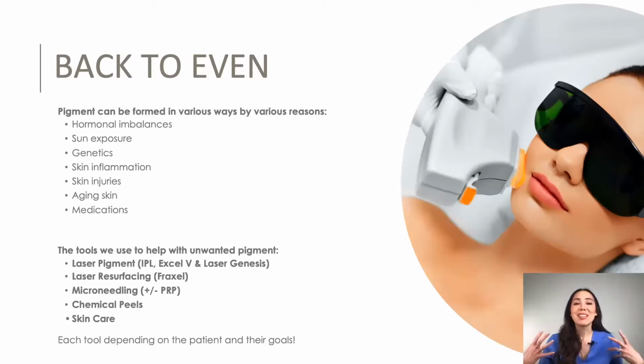Of course, the sun plays an enormous role with pigment production. The sun activates our melanocytes. These are the pigment producing cells to produce more pigment. So that's why we always talk about sunscreen, because that is probably one of the biggest players. Genetics certainly plays a role, and there are certain skin types that are more prone to developing hyperpigmentation. So people who can tan more easily are more likely to develop